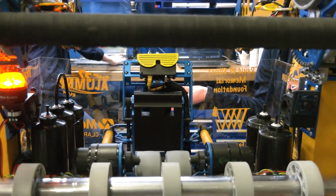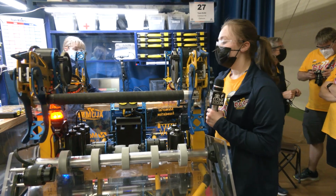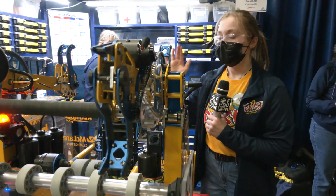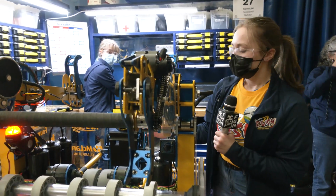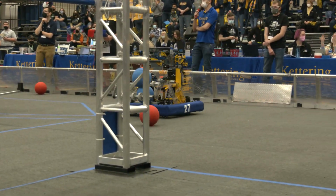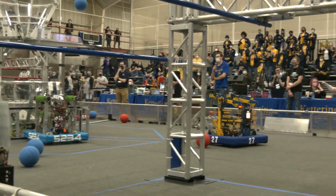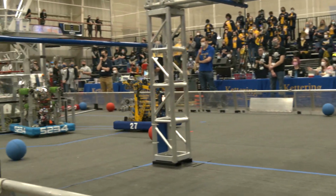But with our Limelight, we're able to detect where the hub is, and automatically it can sense where we'll need to shoot. So from our Limelight, our hood will automatically adjust to the right position. Our Coulson launcher wheels will spin up to the correct speed. And also we're able to have our whole robot point to the right spot to be able to make a